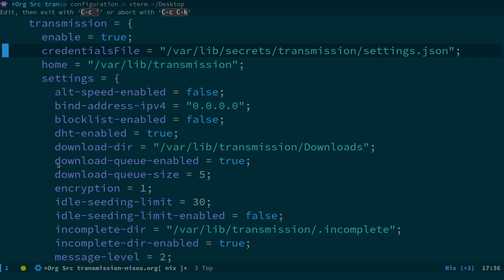So I'll show you that when we get to it. Then what we've got down here is the home. So this is where everything is stored, so it's /var/lib/transmission. And what this is going to do is create the configuration for transmission in this directory. Then what we've got down here is this block, settings, and this actually corresponds to the settings that would be